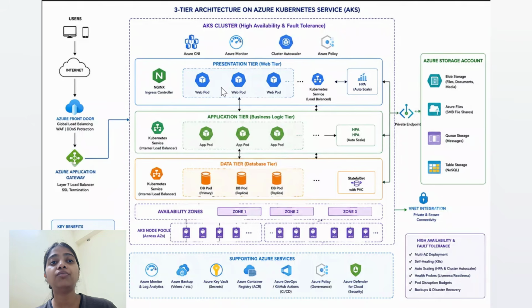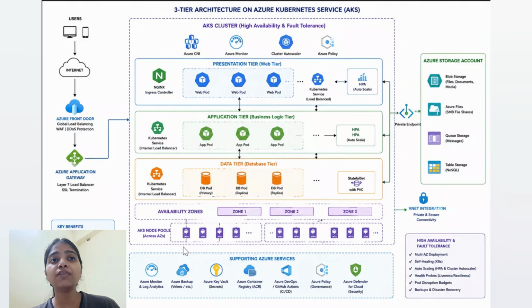And we have multiple availability zones, zone 1, zone 2, zone 3, and in the zones we can place our node pools, like the application node pool and system node pool.